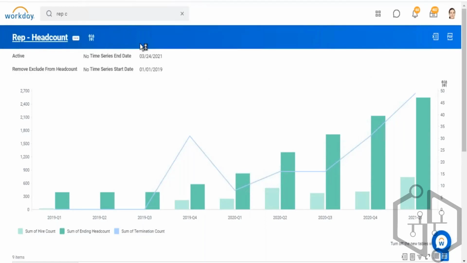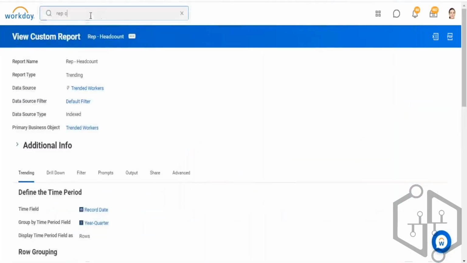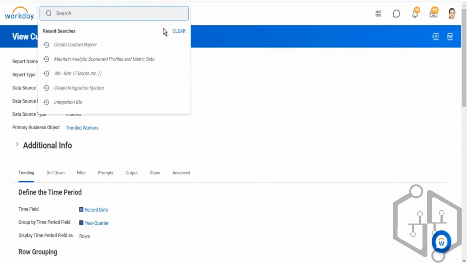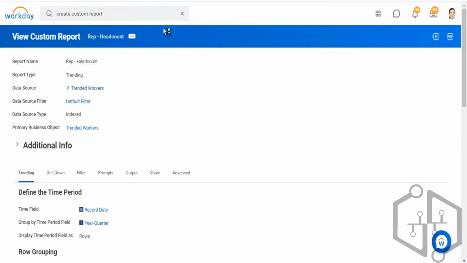Let me quickly show you a composite report as well. So, what is a composite report? A composite report allows me to group one or more reports, one or more matrix reports. So, let's say I want to create a custom report for